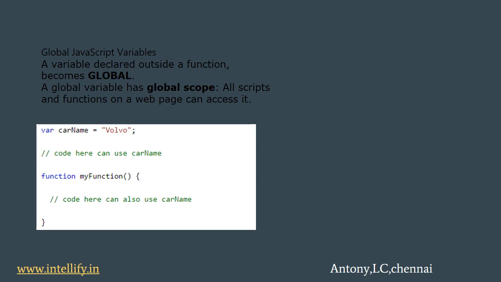So let us see the example. In the given example, the variable carName equal to Volvo is the global variable. The variable carName becomes a global variable because it is declared outside of any function. Here, myFunction is a global function and can be accessed inside any function. In the same way, myFunction displays the current value of the carName variable. Changing the value of a global variable in any function will reflect throughout the program.